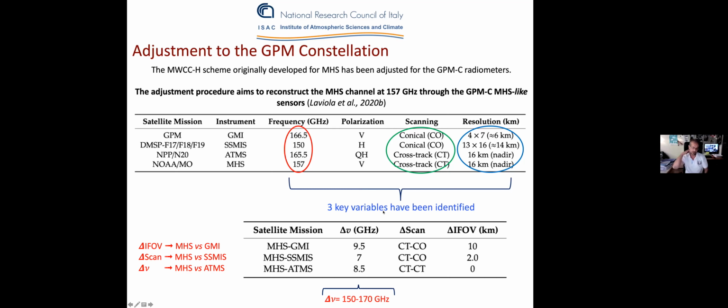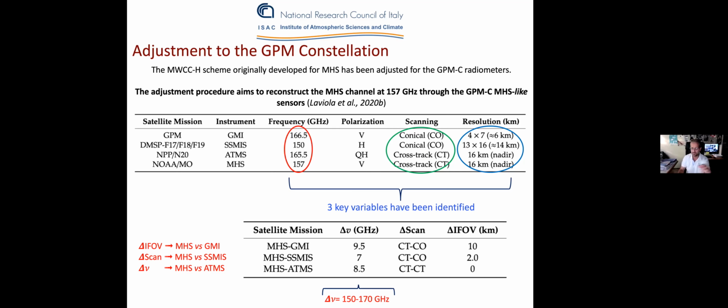We create a pair between the reference instrument, MHS, and the MHS-like instrument, in this case, for example, GMI, which is used to quantify the impact of different spatial resolution. The second pair, MHS versus SSMIS, has been used to quantify the impact of the different scanning geometry. And then MHS and ATMS: since MHS is the predecessor of ATMS and they are quite similar radiometers, we use this pair to quantify the impact of the different scanning,